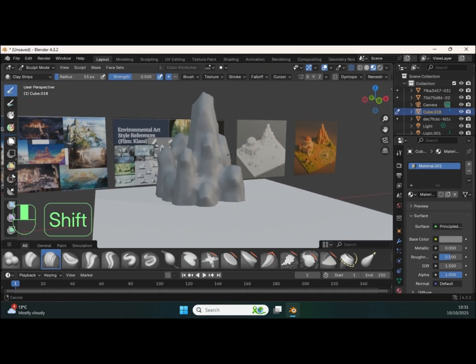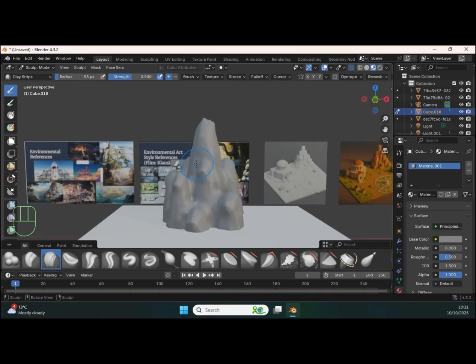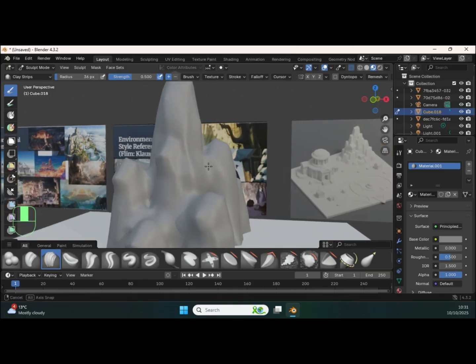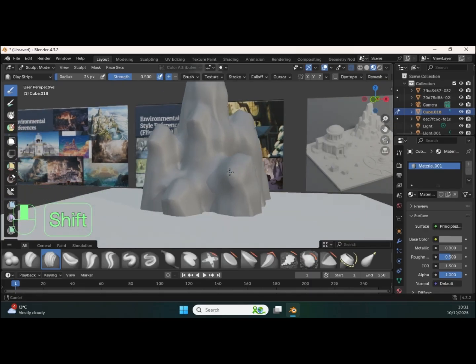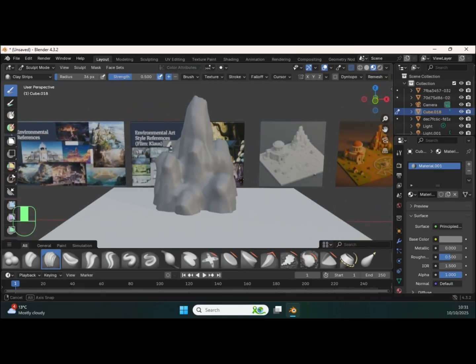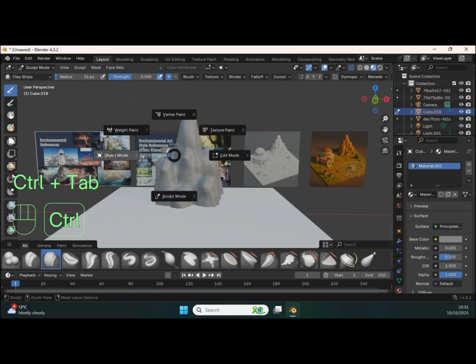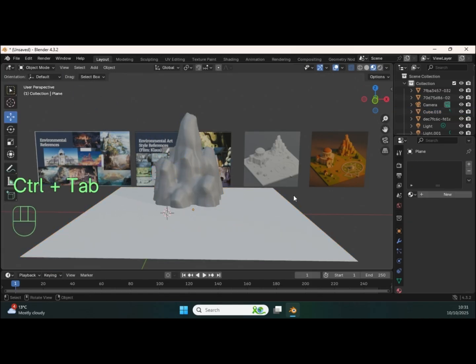Like so. It doesn't have to be perfect. And again, if you want to add some details, it's limited because there are not a lot of polygons in here, but you can sort of add a bit to it. But anyway, the purpose is to start thinking about, right, I've got that as a basis there. Now, if you wanted to, you could add some more rocks around it. So if I go back into object mode,